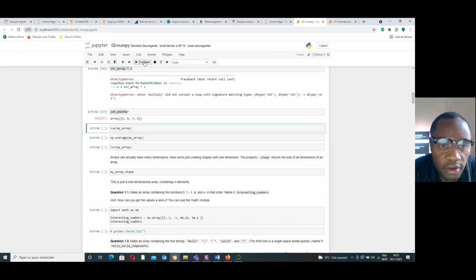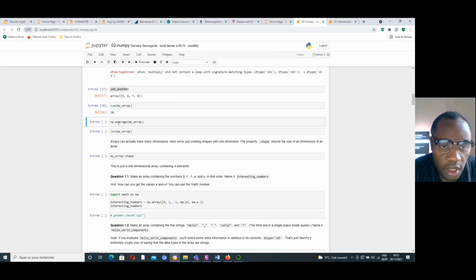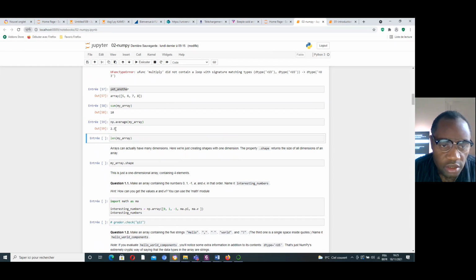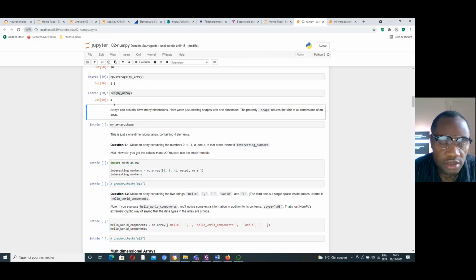When I sum, I get this. Here I can calculate the average of my weight, which is 2.5. We can calculate the length of this list, and the length of this list is 4.